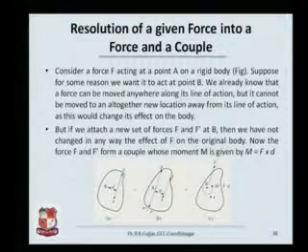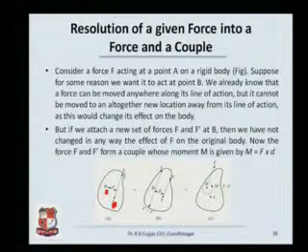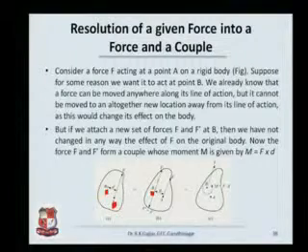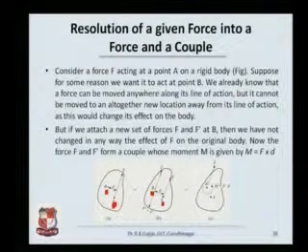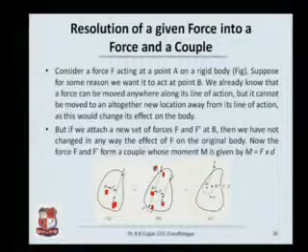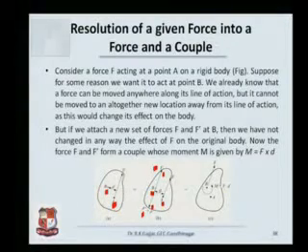Let us see how. It is possible. We want it to act at point B. Right now this force is acting at A. If we want it to act at B without changing the effect of F on this entire body, what should we do? Very simple. Apply equal and opposite forces at B, as you can see over here. This is a force F which is actually acting at A. We are applying equal and opposite forces of the same magnitude at B. That means they are negating each other, they are balancing each other. The effect of F and F dash is going to be 0. So it does not effectively change this entire system.